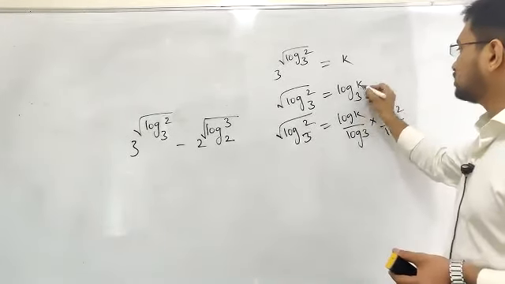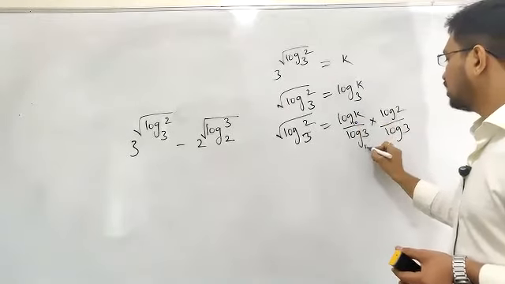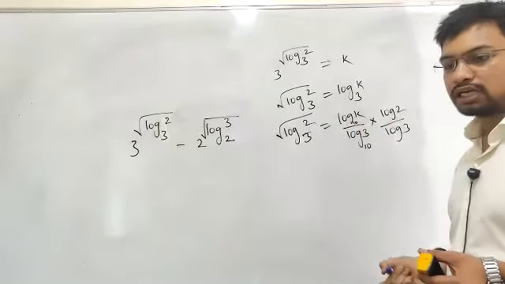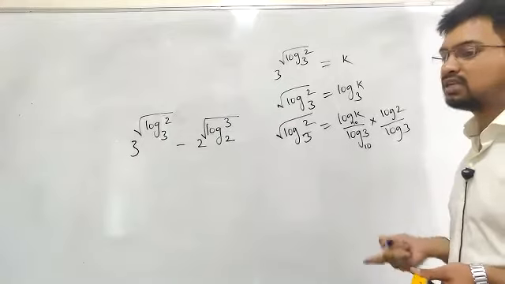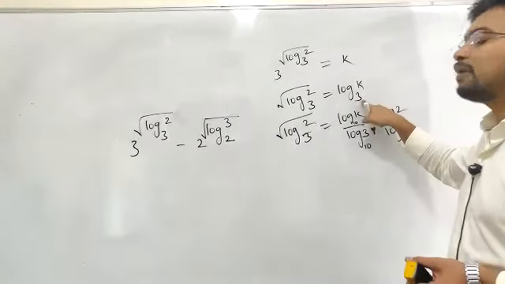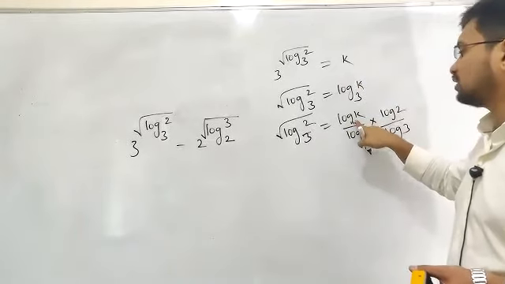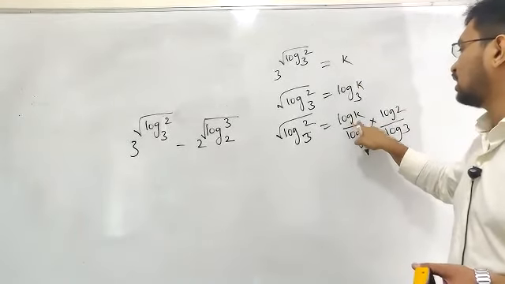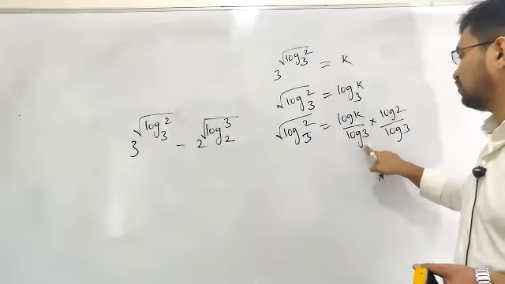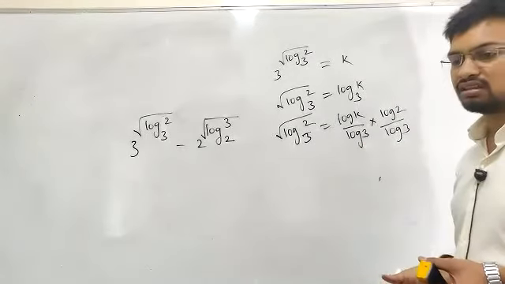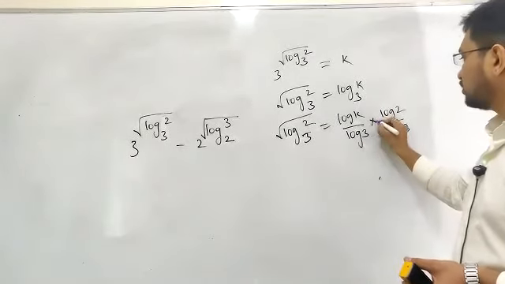Because for an arbitrary base, I told you the base changing theorem of logarithms. Log k to the base 3 can be written as log k by log 3, where log k is to the base 10. If no base is given, it's understood that the base is 10. If base is not mentioned, it's understood that base is 10. Right? Now this is given something like this.